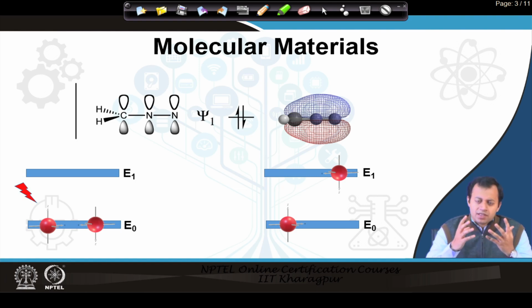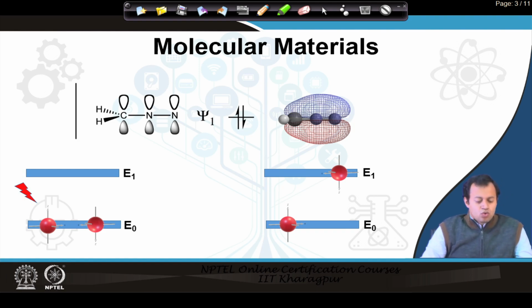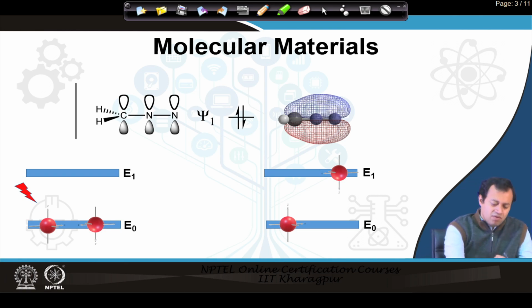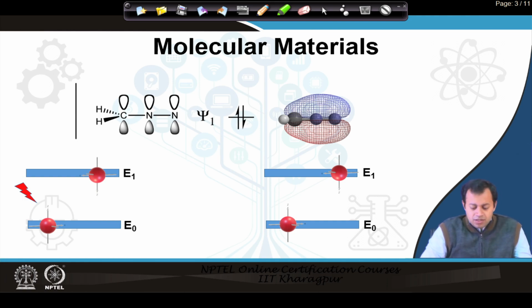its own orbitals where the electrons are probably found, and when they come together to form a bond, their atomic orbitals overlap and you have a ground state and you have a higher energy state. So, the idea that I have discussed, you already know that when some amount of energy has been supplied, one of the electrons moves from the lower level to the upper level, and this is absorption as we discussed. Whenever this electron at the upper level after spontaneous emission comes back to the original level,